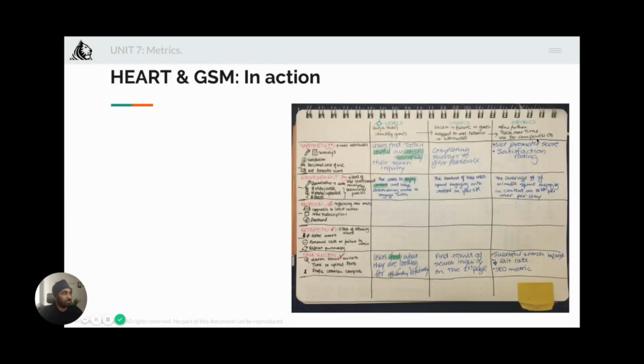It's a very good sheet. I don't remember where I found it. So happiness and goals, users find toolkit useful and successfully satisfy their search inquiry. I mean, the English is not so great, but you get the drift. I think I'll leave you guys with this. It's a very good cheat sheet for you to remember, right?